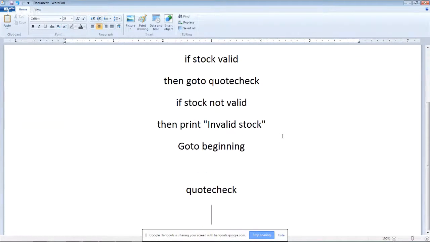Okay, so let's do our quote check function. This could be a function, right? So we can do a quote check function, say select price from quotes